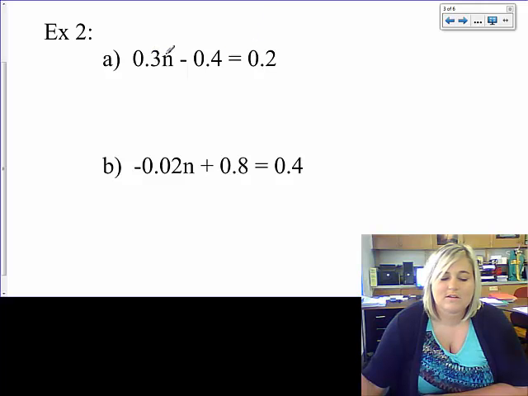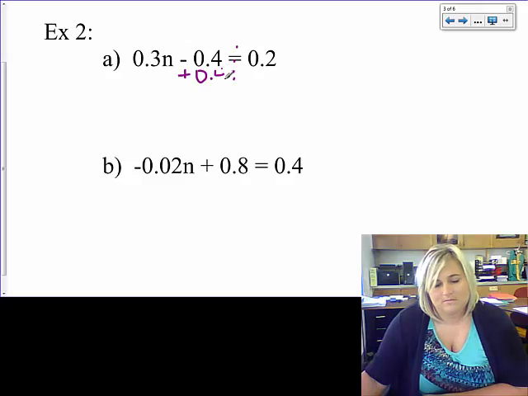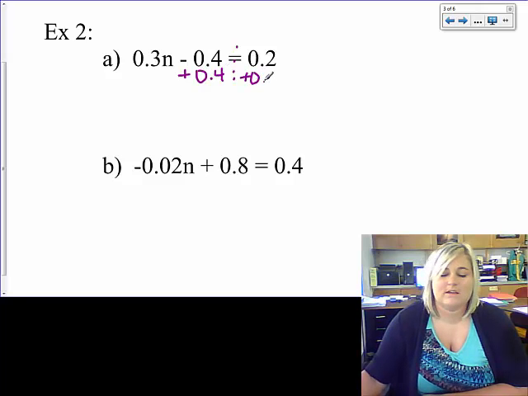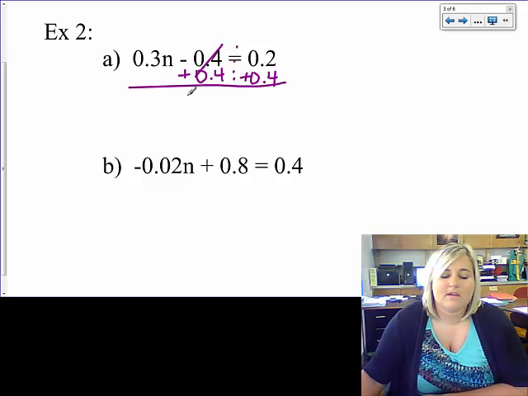So I'm looking at n as my variable here. It's on the left hand side of the equal sign, so I'm only looking at this side. The farthest thing away from n is this 4 tenths. It's being subtracted currently, so the opposite would be to add it. That cancels it out, so I have 3 tenths n equals